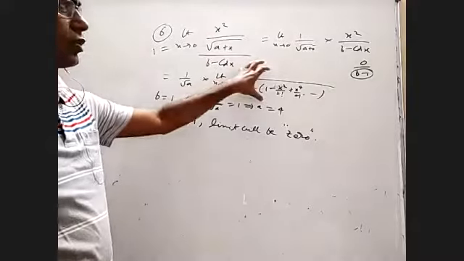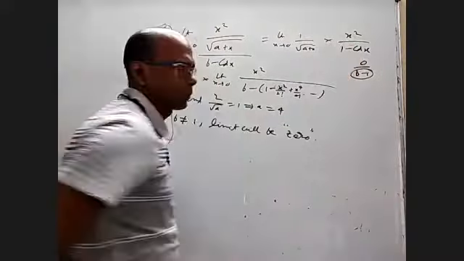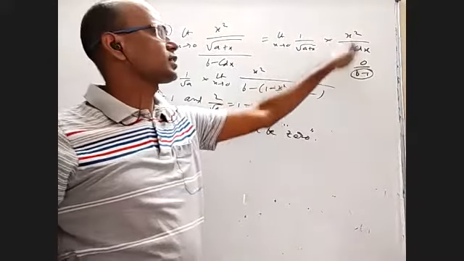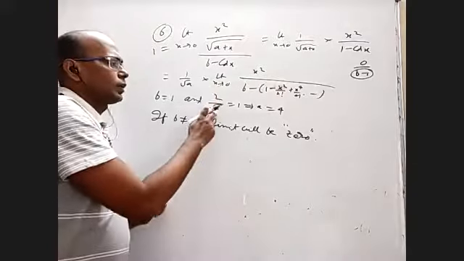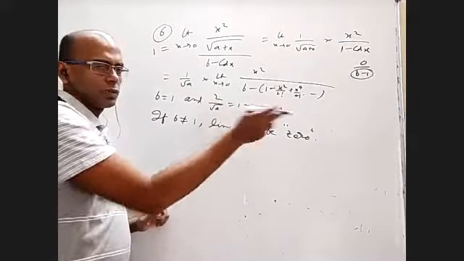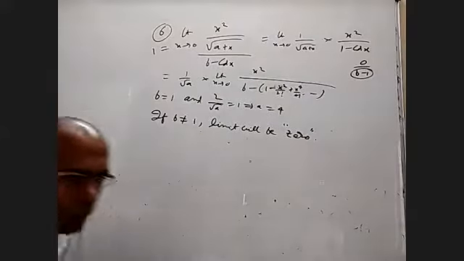Once b is 1, you don't have to write this. Remove this b and write 1 here. 1 minus cos x by x square, limit is 1 by 2, 2 will go up. So limit is 2 by root a. That should be 1, which means when you square it, a should be 4. Is it okay? All right.